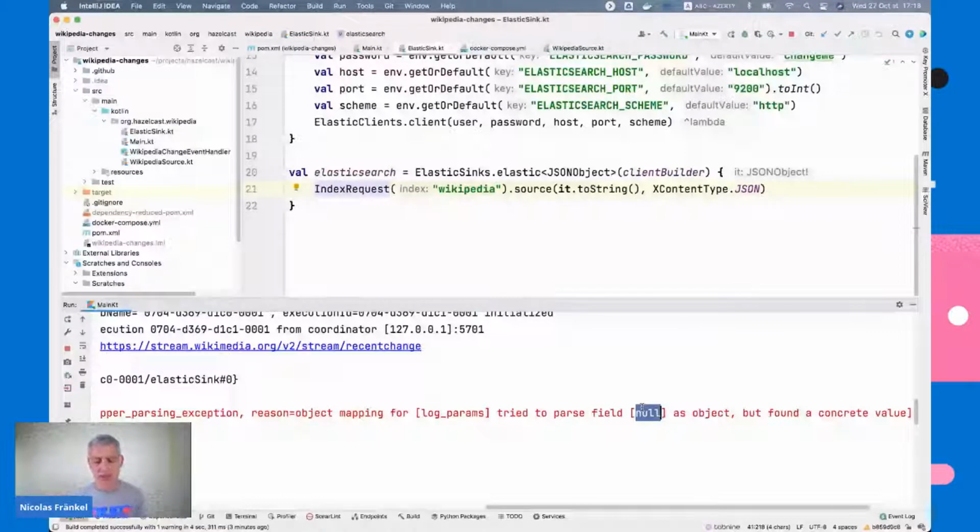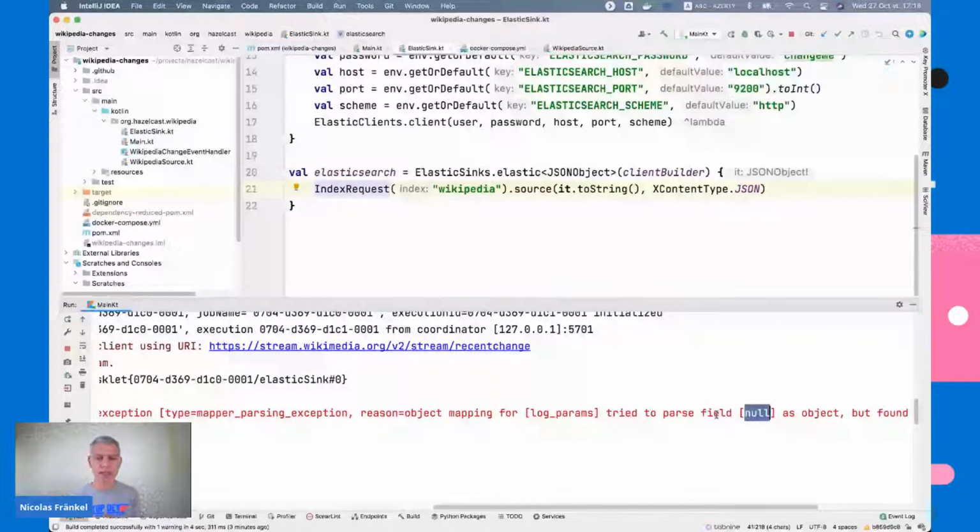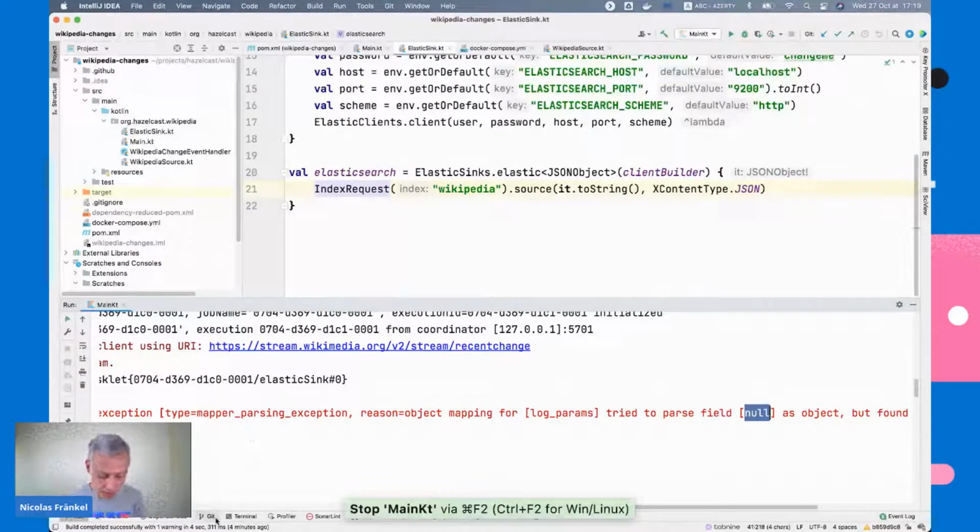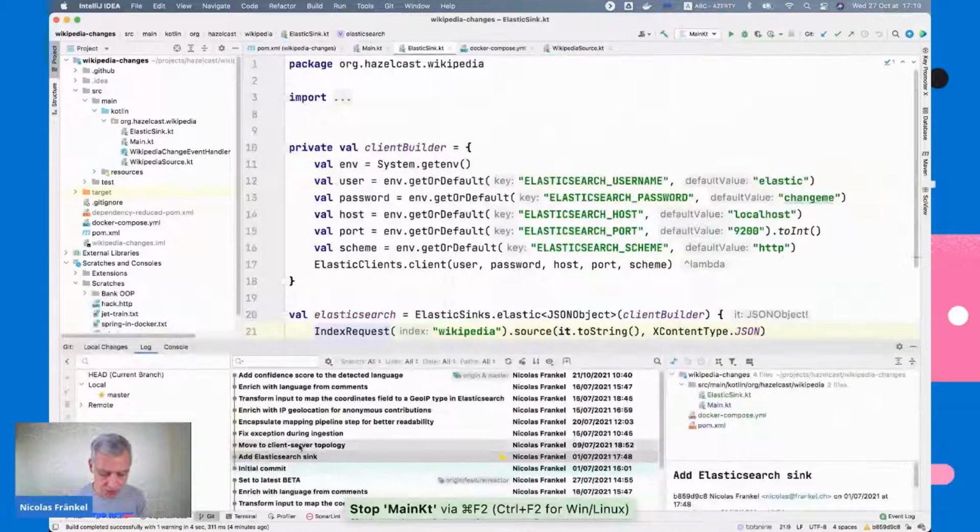And what happens if you check further is that the provider, instead of sending you an empty object, sends you an array, an empty array. And of course, an array is not an object. So Elasticsearch recognized log params as an object, and now it cannot do anything with it. So the first thing that we need to do before exploring is to fix this issue.